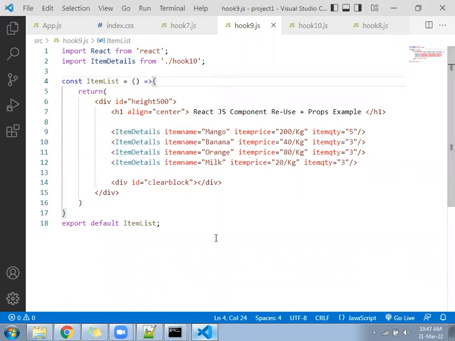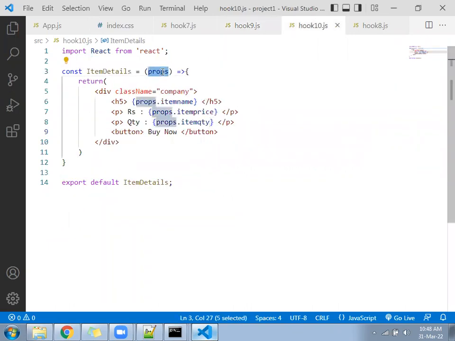So I will guide you now. Spend 2 minutes and understand what is happening. Item name, item price, item QTY: how many values? 3 values, 3 properties. You are giving them to the item details component. Item details is a function name, so item name, item price, item quantity all will come and be stored in the props variable.